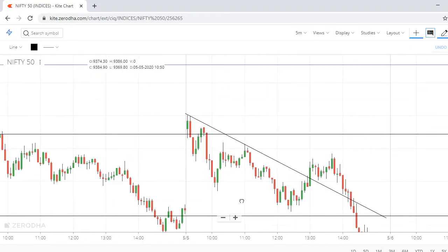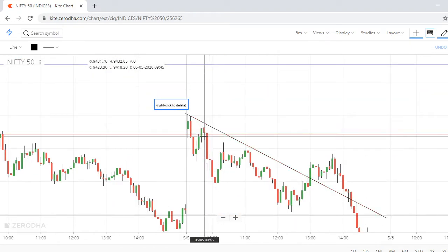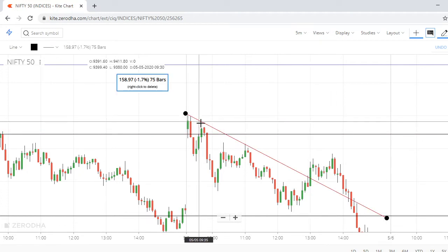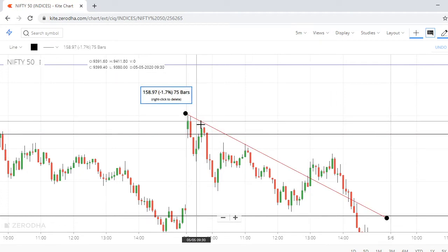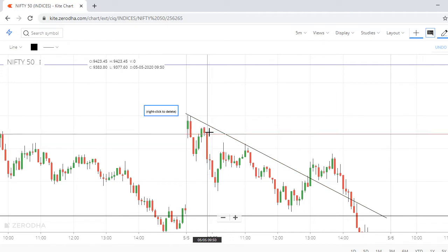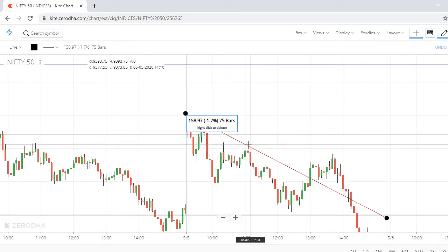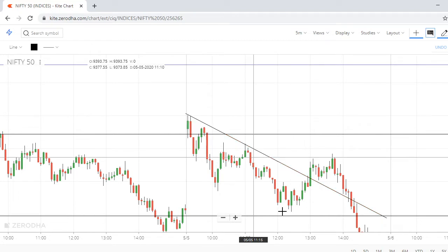There the stock tried to go up, but it cannot go because there is one strong resistance level of 9420, which is our static line, and again there is a trend line also. There is a trend line, so it faced a strong resistance and the stock fell down. See, again came here, fell down.